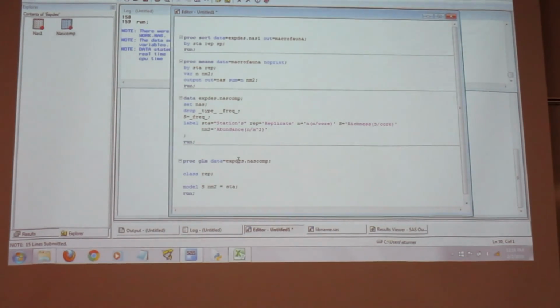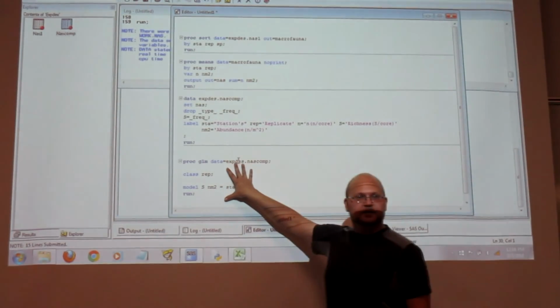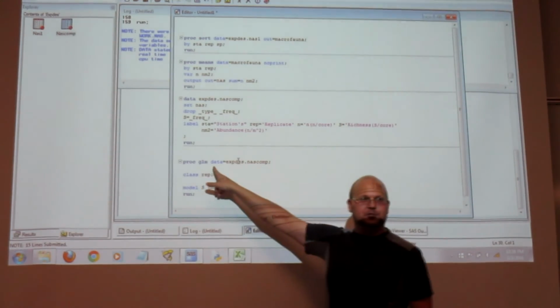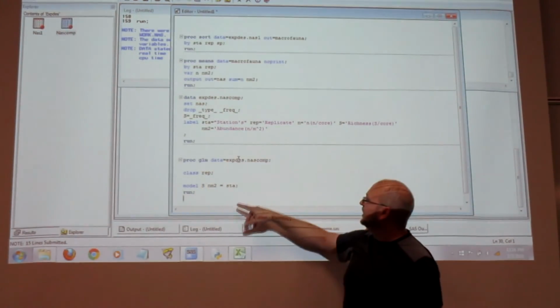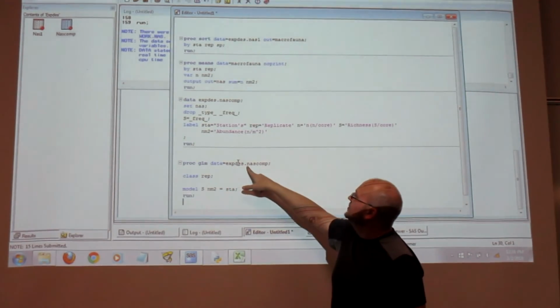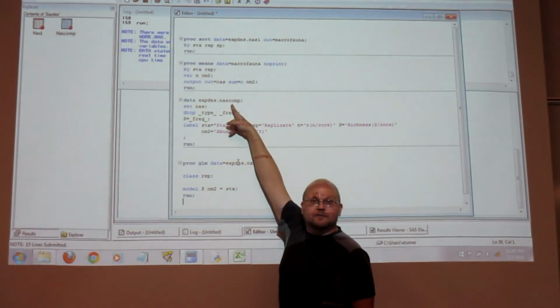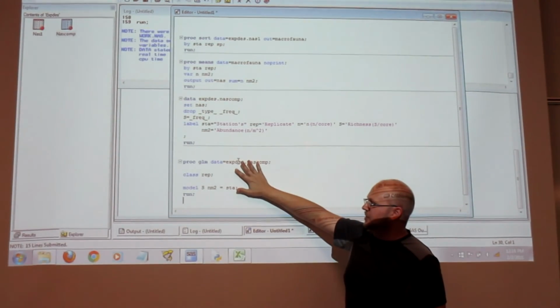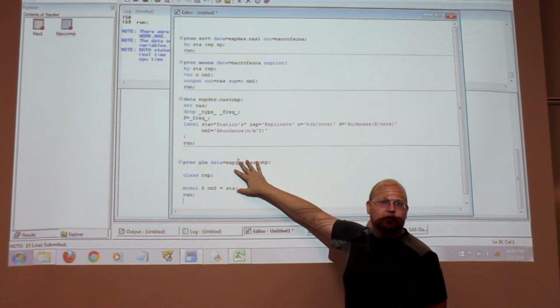All right. So the last procedure we're going to do is going to print us out a one-way ANOVA, Proc GLM. GLM for General Linear Model. Okay. And what I'm saying is the data that we're going to bring in is this exact file, our finished file. And then I have to do these two statements. There's one called class and one called model.